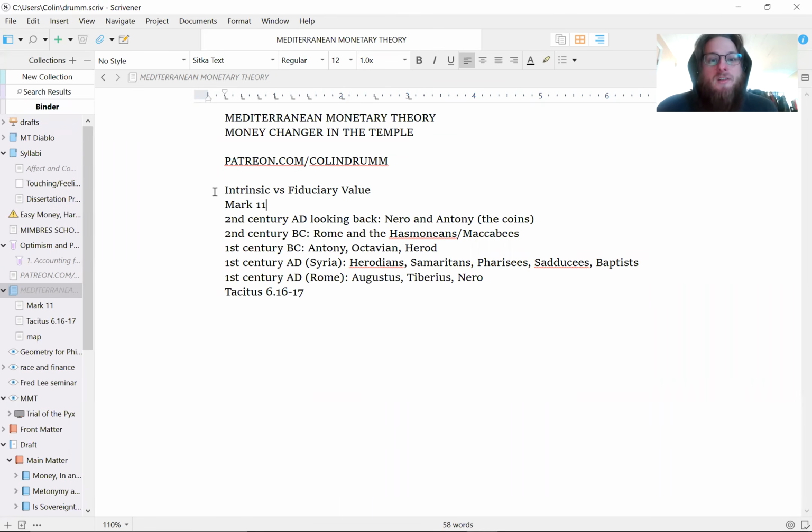But anywhere you look in monetary history, you'll probably find a debate about intrinsic versus fiduciary value. You'll have one scholar arguing that the intrinsic value is really what matters, and somebody else arguing that the fiduciary value is really what matters, and what this means is the legal value of the coin. You'll find some version of this debate in a lot of the literature. This debate is going on in Roman monetary history currently, where the debate focuses more on Republican coinage. So we're looking at early imperial coinage mostly. We might address that actual debate in its details in another video.